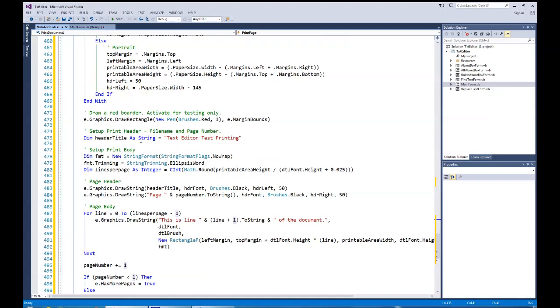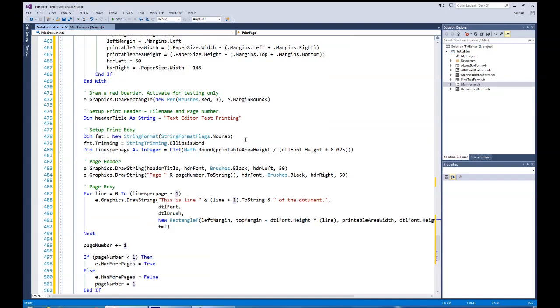So this gives me a variable that I can work with later on as we adjust it for our actual final printing that we're going to be doing with our text editor. Then as we come in, initially I'm going to be looking at it as strictly printing line by line. Later on we're going to look at wrapping it, and you'll see a lot more math involved to do that, but basically we want to find out how many lines on this page